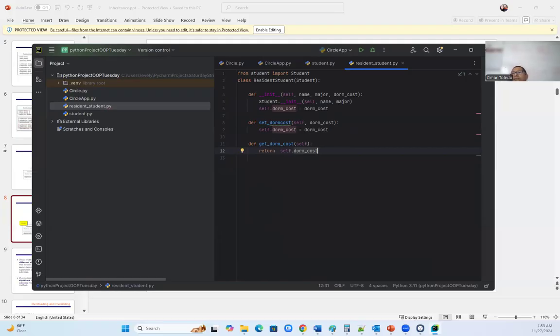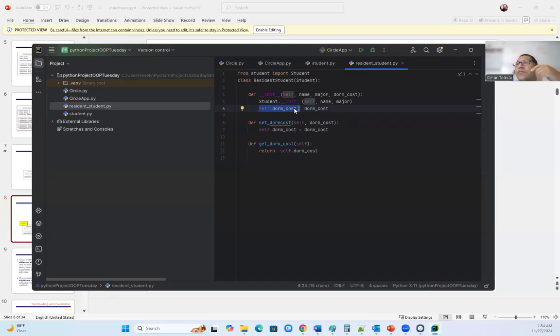Beautiful, right? So instead of coding name, major, and dorm cost directly here, for name and major, you use the superclass. And for dorm cost, use self dorm cost because you are